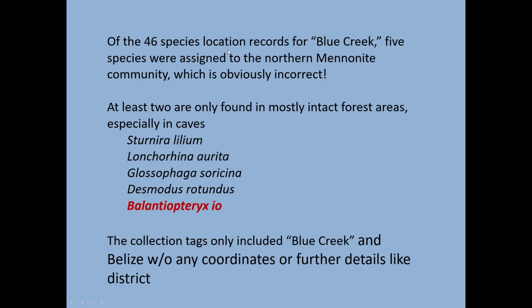So, of the 46 location records for Blue Creek, 5 were assigned by the museum people to the northern Mennonite community, which is obviously incorrect. Of these species, at least 2 are only found in mostly intact forest and especially caves, like the threatened Balantiopteryx io. Those collection tags only included Blue Creek as the location name, without any coordinates or further details such as